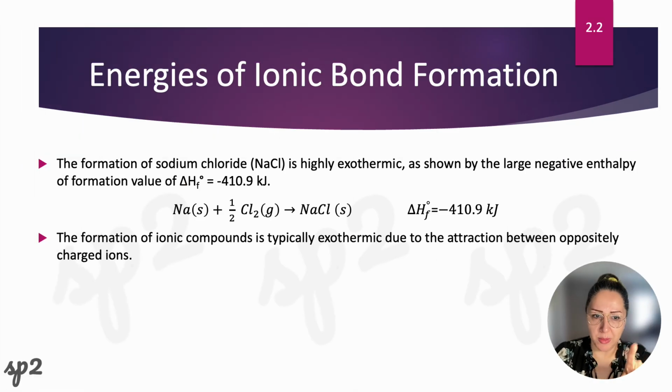Now, as you remember, we mentioned that this reaction, which is presenting the formation of sodium chloride, is an exothermic reaction, right? This is the delta H formation for sodium chloride, which is a negative value, right? So this is indicative of the stability of these compounds. When they form, they're going to release energy, right? So typically the formation of our ionic compounds is going to be exothermic. And the main reason is the attraction that we have between the two oppositely charged ions, right? The cations and anions, okay? So looking at the next page,